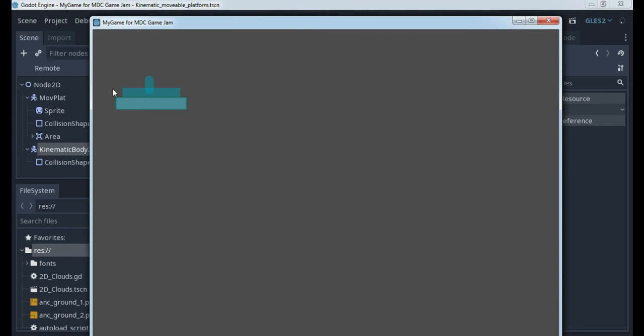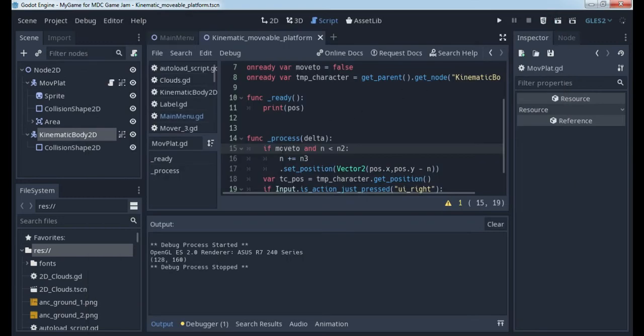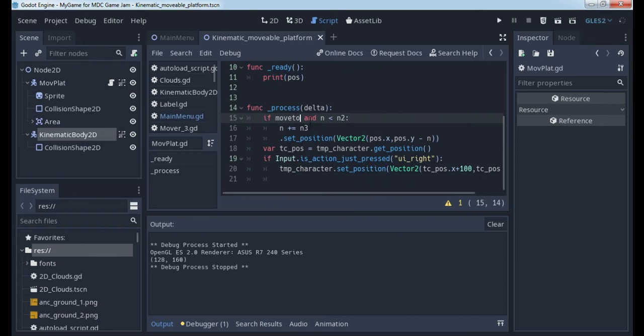So we need character to go and have some overlapping over some collision shape, and then we will activate platform to move. Before that, platform will not move. Why? Because we add this move to variable as condition. Move to is false and move to will be true only if our temporary character